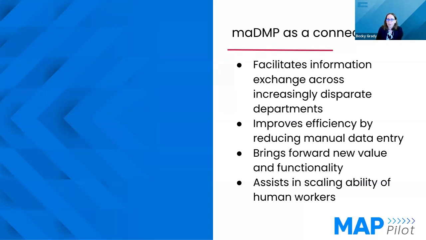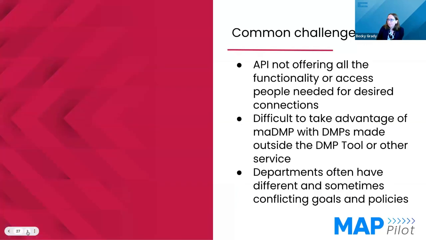getting departments working together. There are areas where it can improve efficiency by reducing manual data entry, could bring across new value and functionality, and assist in scaling the ability of human workers. So it offers a lot of automation and efficiency improvements that can mean a small team can do more with less. On the next slide, there were also many challenges